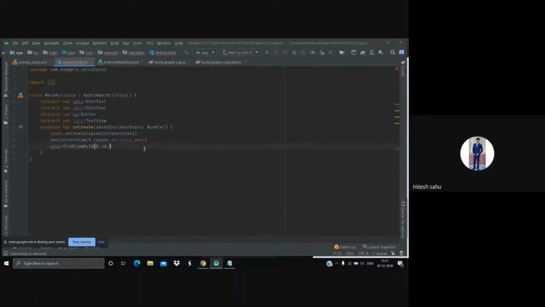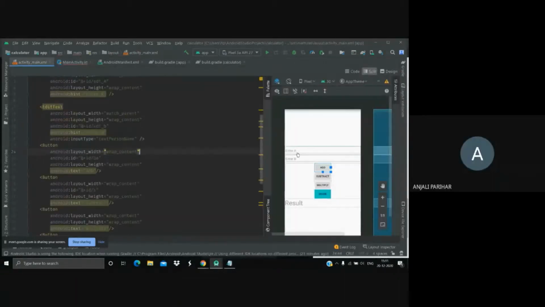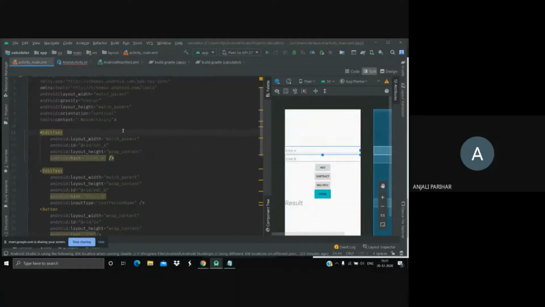So we will use the function findViewById, and inside as a parameter we have to pass the ID of the button in XML. So we can connect both of them, and we can apply the Kotlin code on this edtA. Hope it's clear. Okay, you can continue. Okay. So the ID we have given to EditText A is this edit A. Okay.